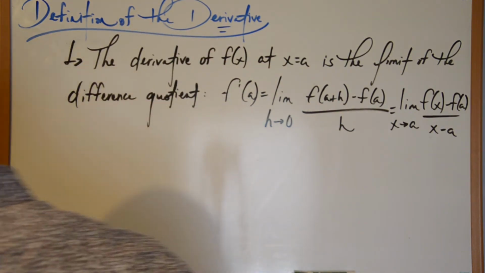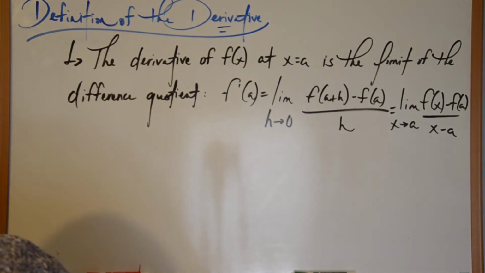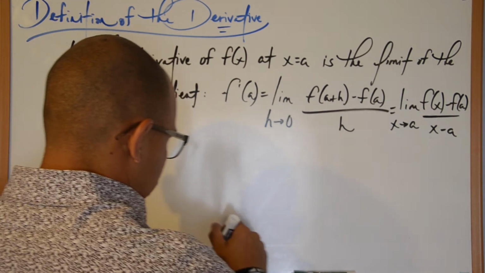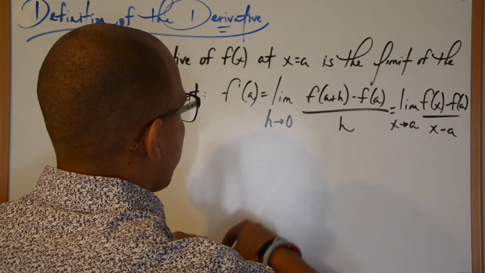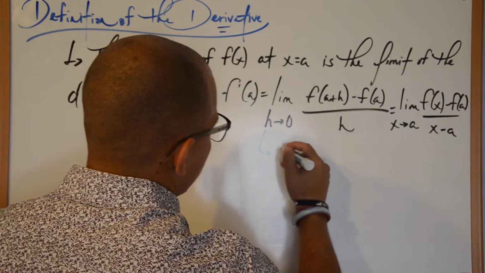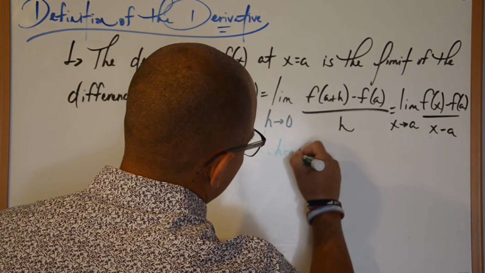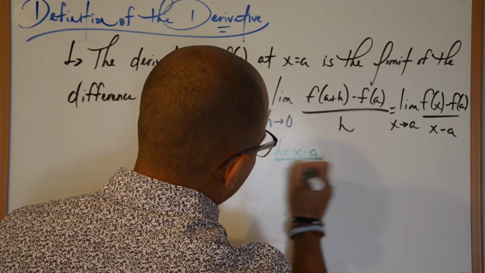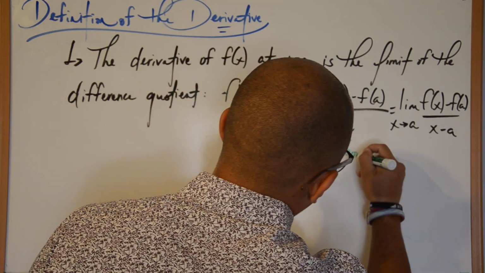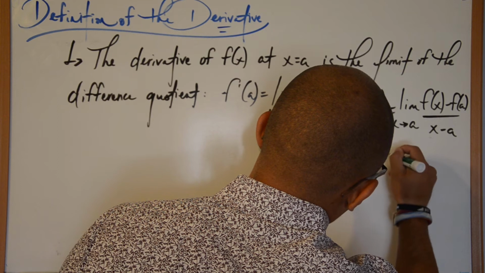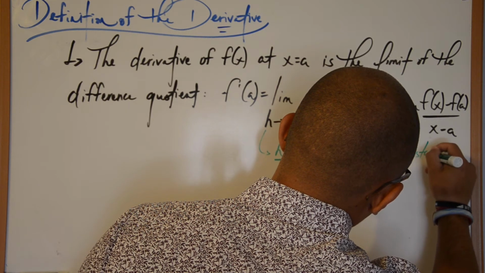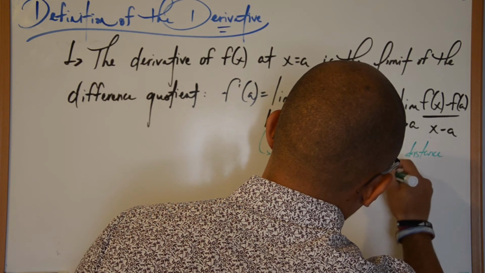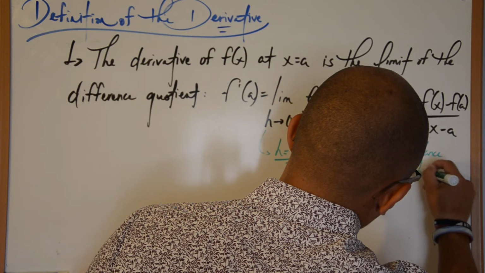So H is really a rewrite of x minus a. H is that horizontal distance between two